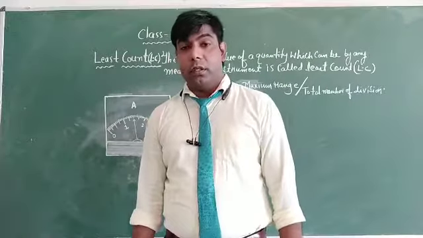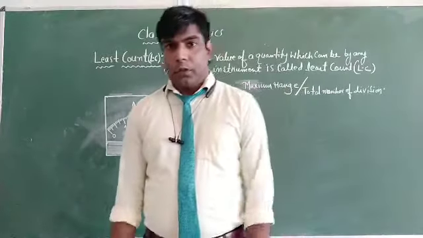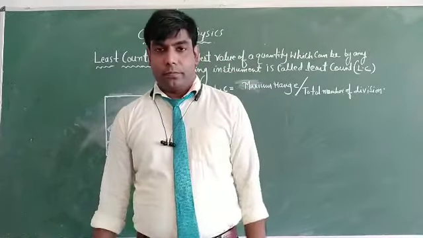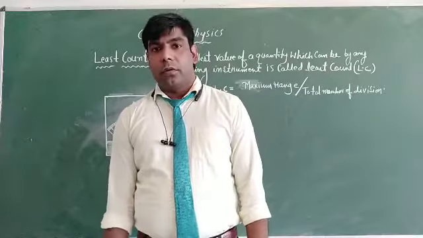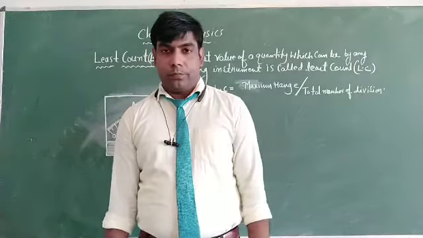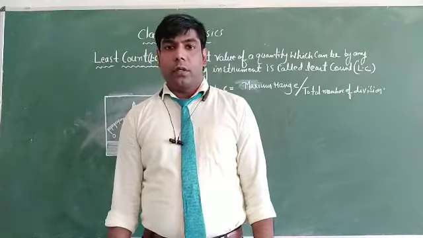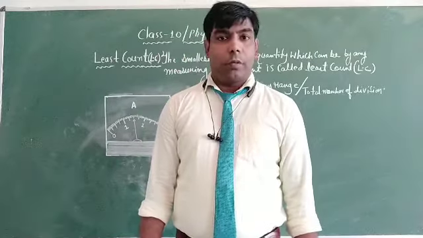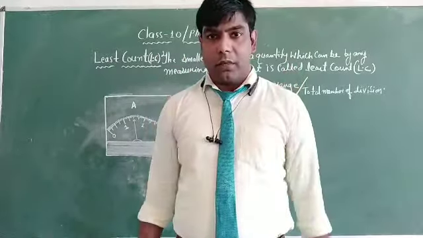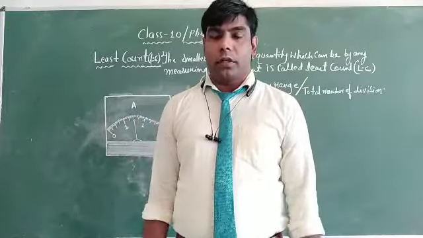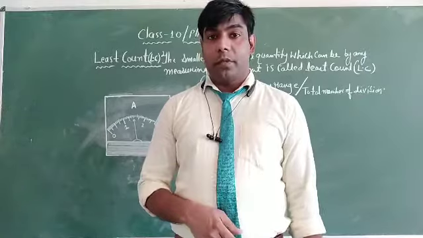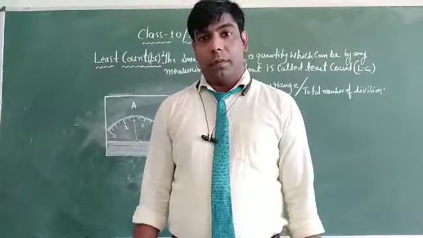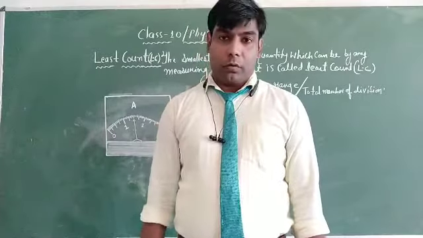So first we will understand what we mean by least count. Least count is not only related to a voltmeter or ammeter. All measuring devices have their own least count. For example, if you want to measure your height or length, you use a meter scale, or for measurement you generally use a scale of 15 centimeter or 30 centimeter. Then the scale is the measuring device. The meter scale used in the cloth store is also a measuring device, right? So it will have its least count, right?